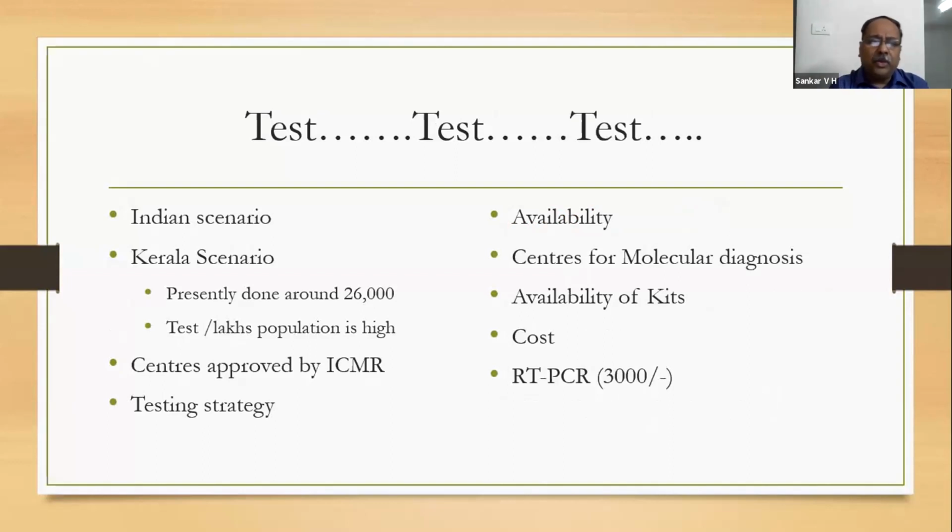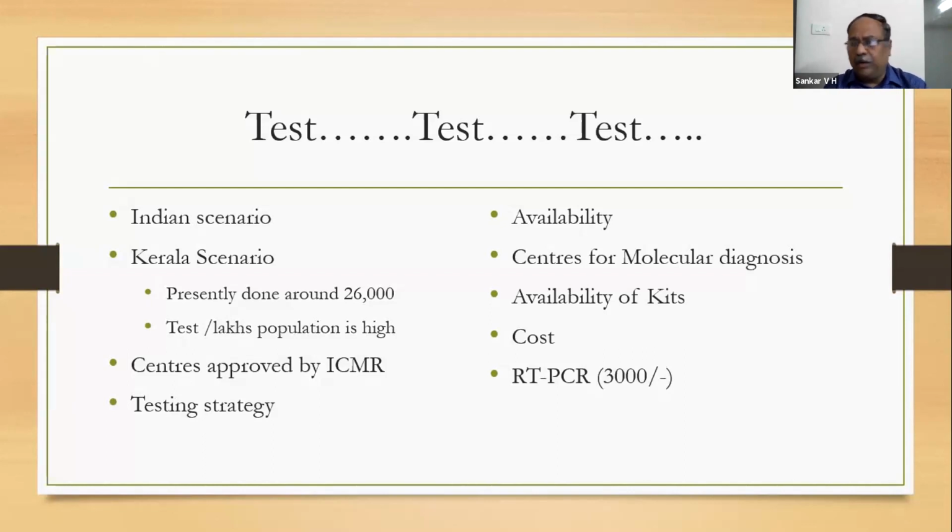The Kerala scenario is also such that if you consider tests per lakh population, we are high, but the total number of tests is definitely less than states like Maharashtra, Tamil Nadu, or Andhra Pradesh, etc. We have so many centers approved by ICMR. Maximum centers, I think, from Kerala only. In general, we can say an average of one center approved by ICMR in every district. And testing strategy we cannot say is the major limitation now, but we are not doing many tests at present. We have to include so many new indications also, then only will we be able to do a larger number of tests. So availability is a problem.